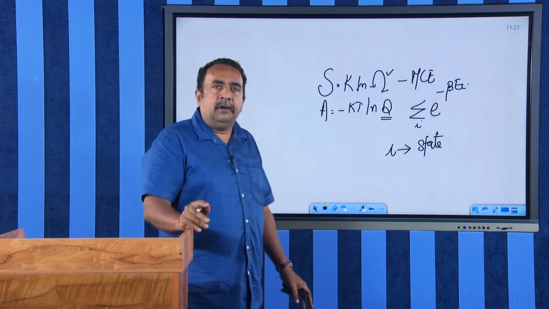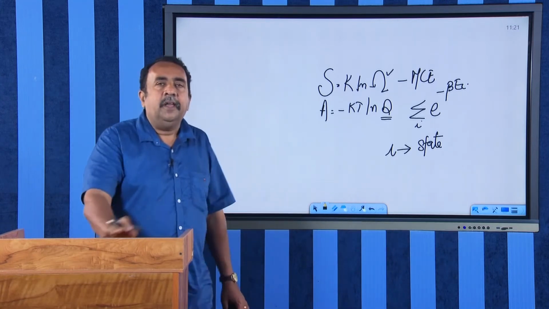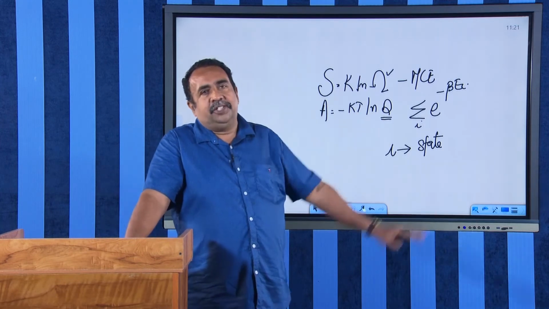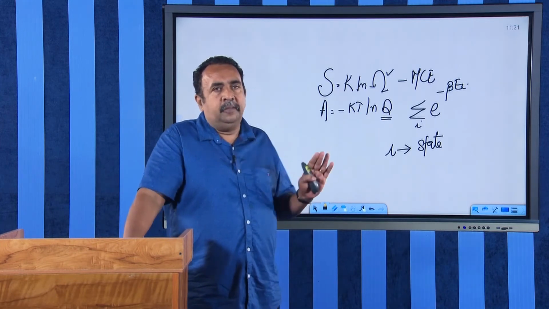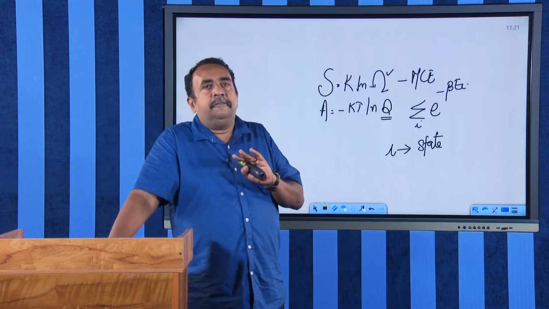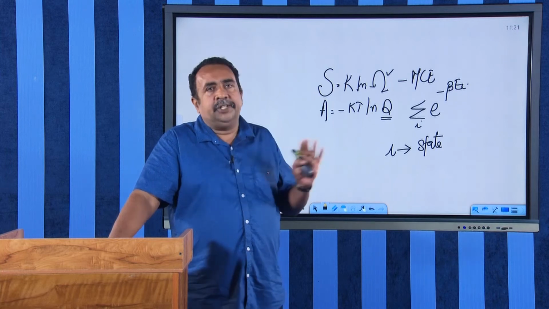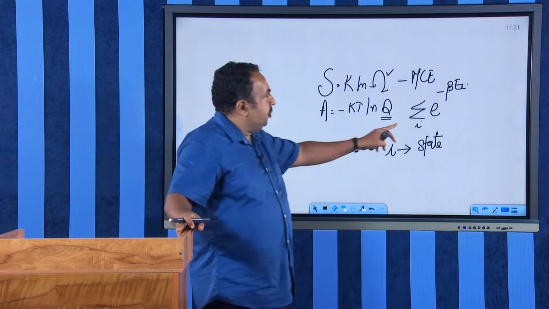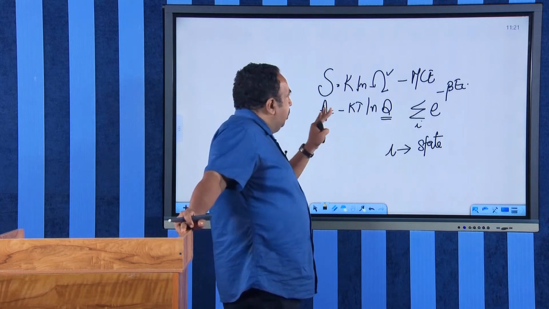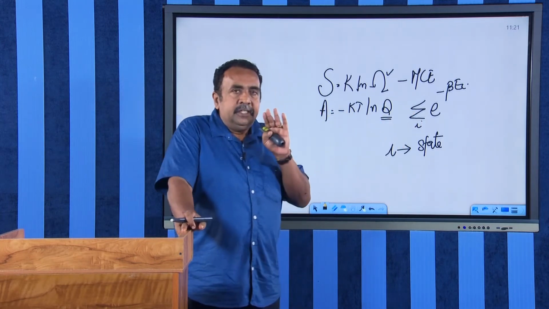In canonical ensemble, or in statistical mechanics, our assumption is that the system will go through all the available states. Therefore, if you want to find the thermodynamic quantities, you have to take all the possible energies, and then sum up this equation. And from this summation, you will be able to get your Helmholtz free energy. This is the technique of